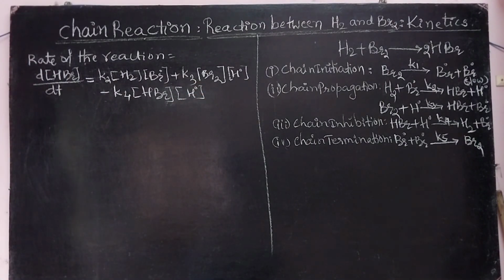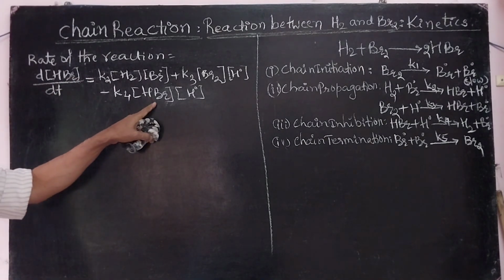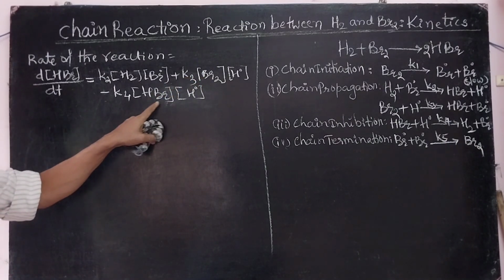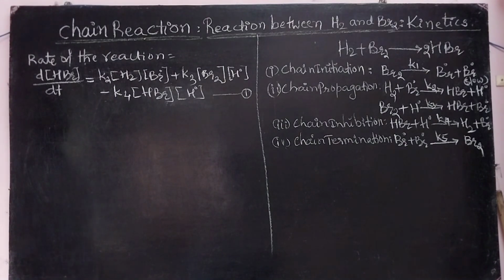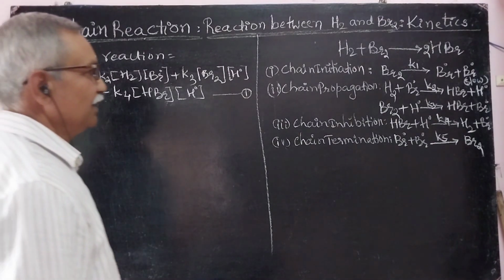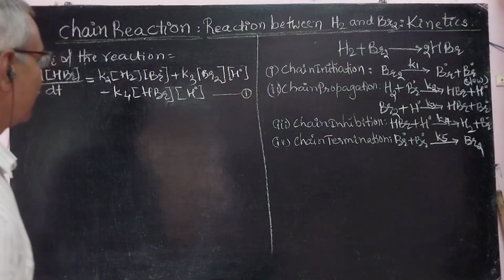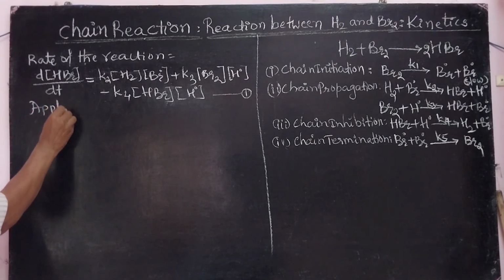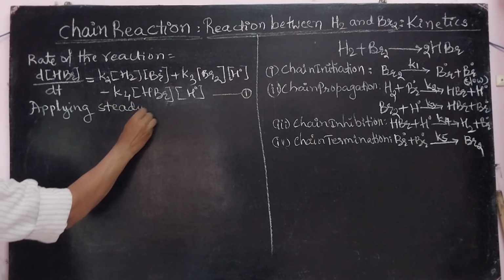In this way, the rate of the reaction may be represented by this, because our product is HBr. Here the product is formed by these two reactions and it is consumed by this. Suppose this is equation 1. Now let us apply the steady state to the intermediates. There are two intermediates, one is Br dot and another is H dot. Applying steady state